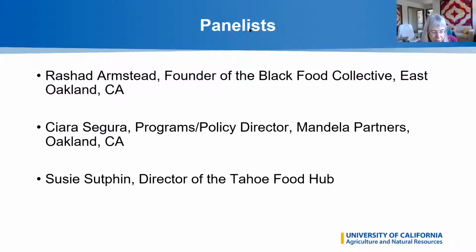She developed the Tahoe Food Hub, which connects local sustainably grown food from regional farms to markets. She recently received the 2021 California Food and Farm Champions Award. And part of the reason she got that was the huge pivot that she helped coordinate, and she'll tell you about this, that organized their Giving Box program to engage farmers, local businesses, and the community to get local food into the hands of hungry people.